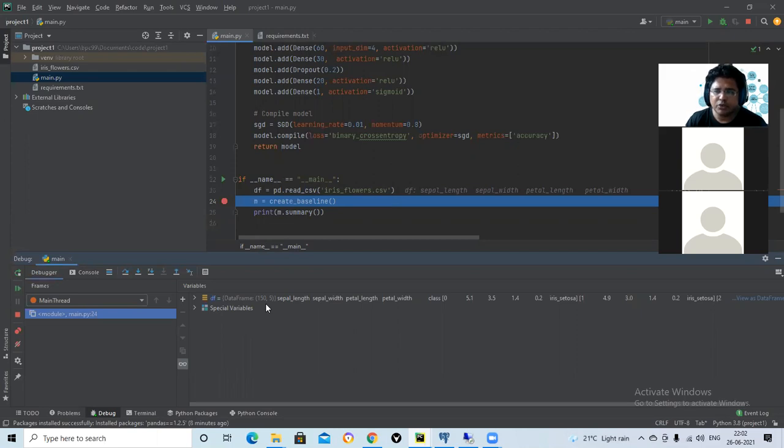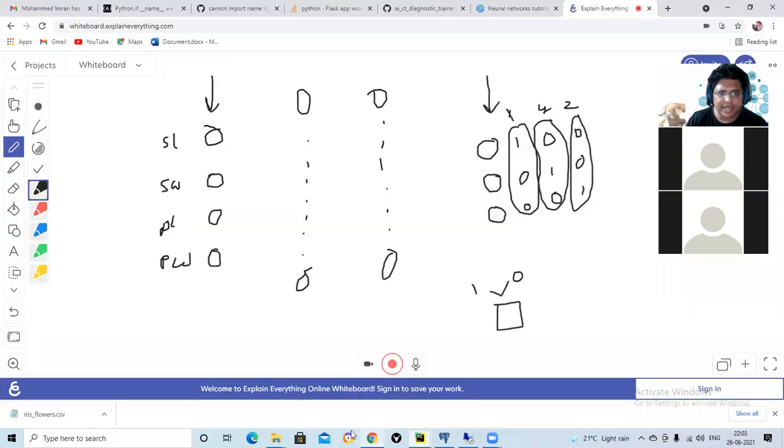So if we build a very big and huge model, it will be an overkill, which we don't want, right? So what we want is a very simple and small model. An idea is, if we have 4 here, it's best we take 10 and 10 here, and then 3 here.